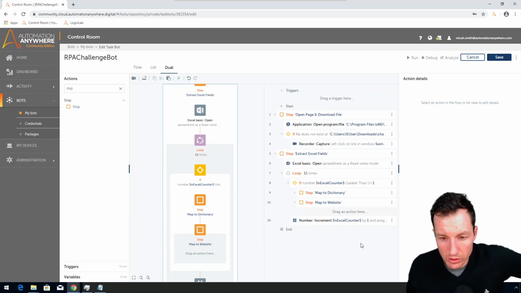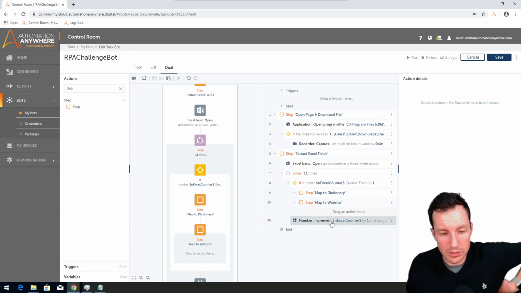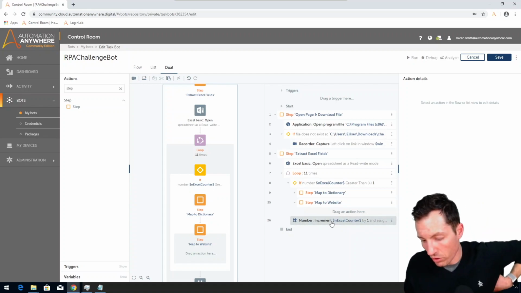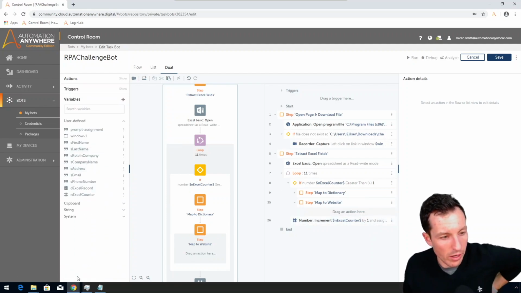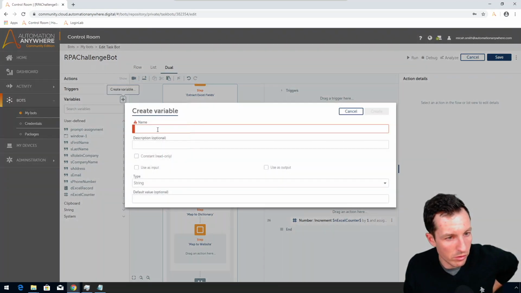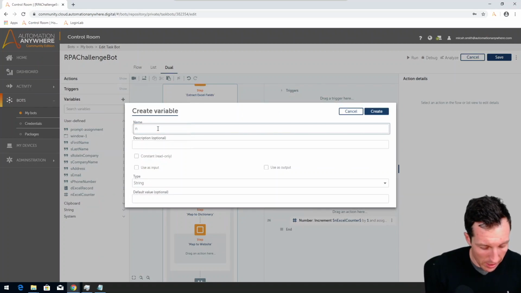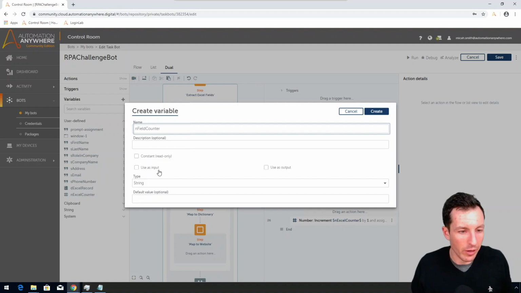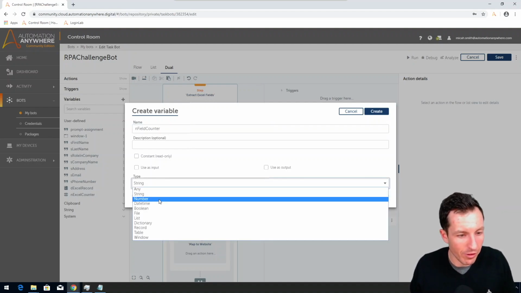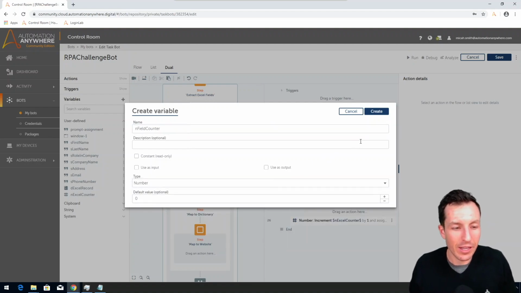All right, so map to website. What we want to do is we're going to do another loop. And so we're going to do another loop counter. So let's do in field counter. We'll call it that. It's important to give your variables meaningful names. Sometimes you have to get creative as to what really meaningful means. And let's default this to 1